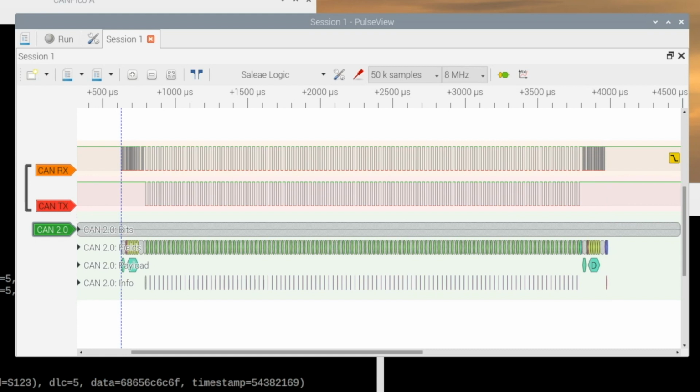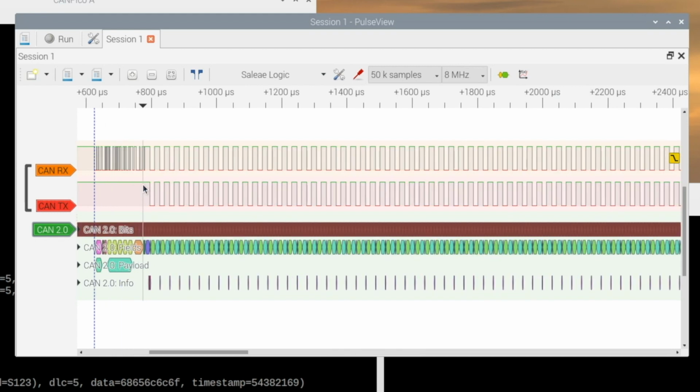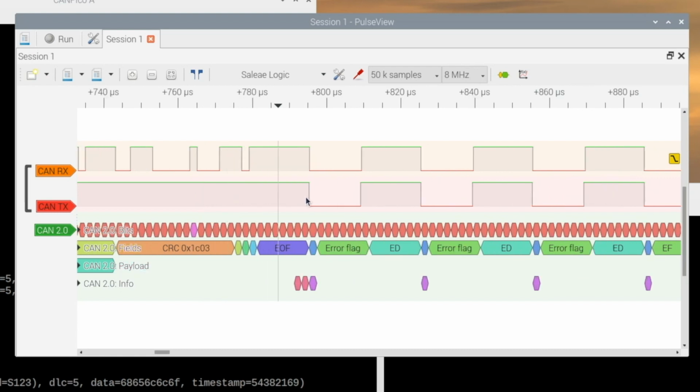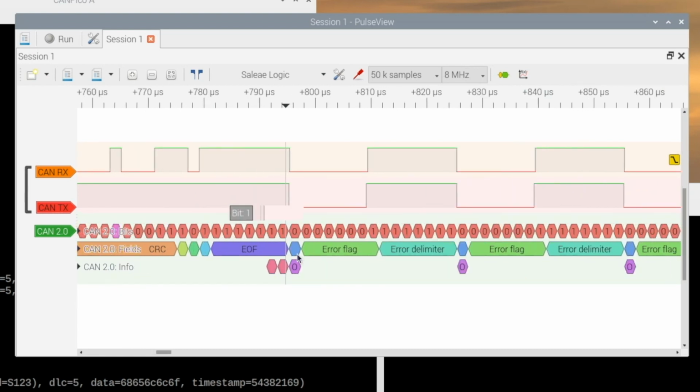That's why we see these two frames here. If we look closer in, we can see what's going on. In the first bit of the interframe space, the CANHack board has mounted an attack and put an error frame in here.